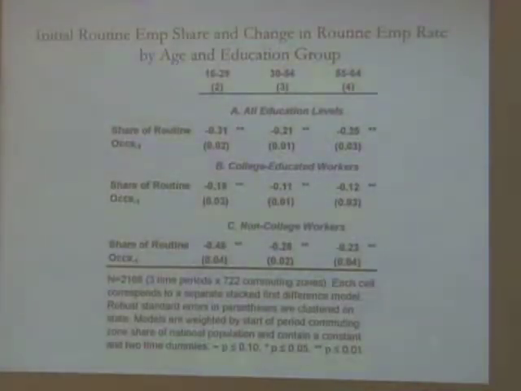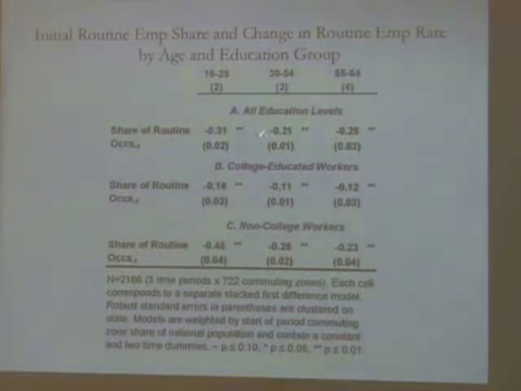All right, so here's the first thing to look at. So here's the initial share of routine occupations. Here is the routine employment share by age and education group. So if we look at all age levels, the decline in routine employment is largest among the young, and then somewhat smaller, about 1/3 smaller among prime age and older workers. If we look among college-educated workers, the slope is more modest, but again, it's most pronounced among the young. If we look at non-college workers, the slope is much steeper, but again, it's more pronounced among the young